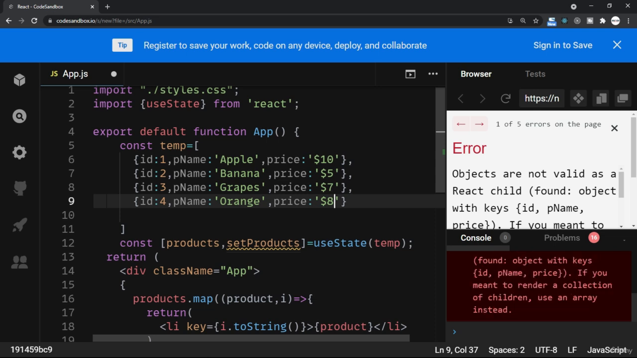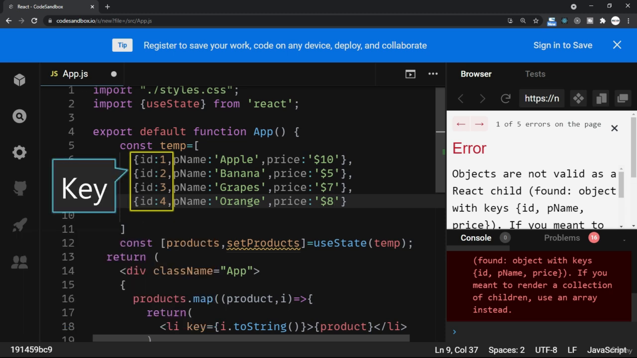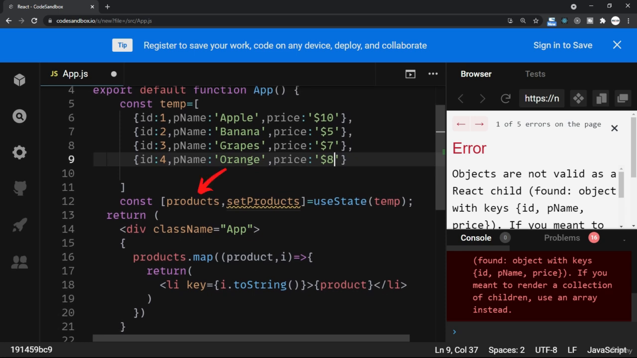Alright, so you see that we now have a temp array which has objects as individual items. So this ID is now fixed and related to individual products only. So this is a fixed and stable unique identification. This we should take as a key. Now because we have these products as an array, but it's an array of object literals, we'll need to do